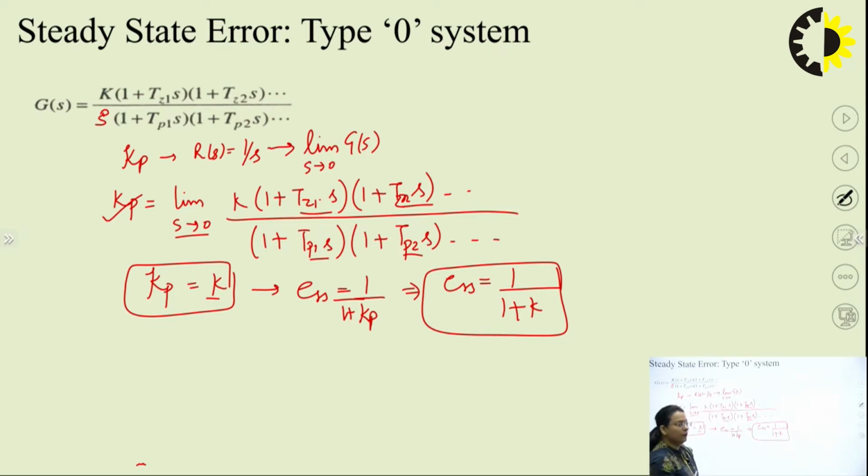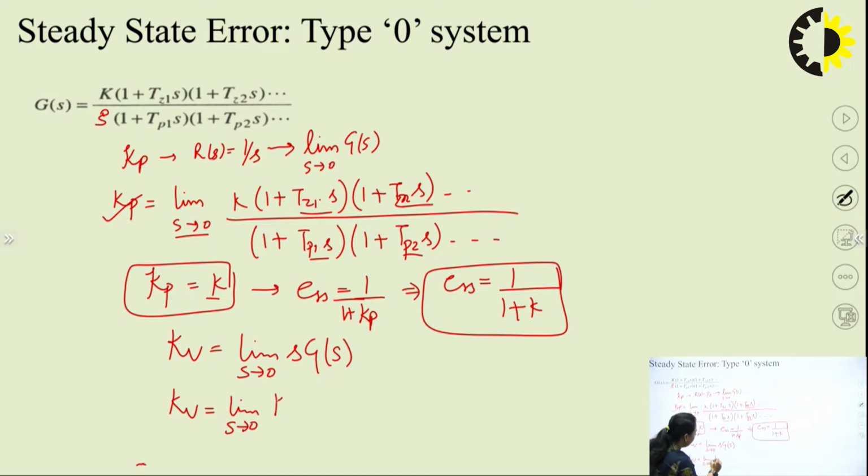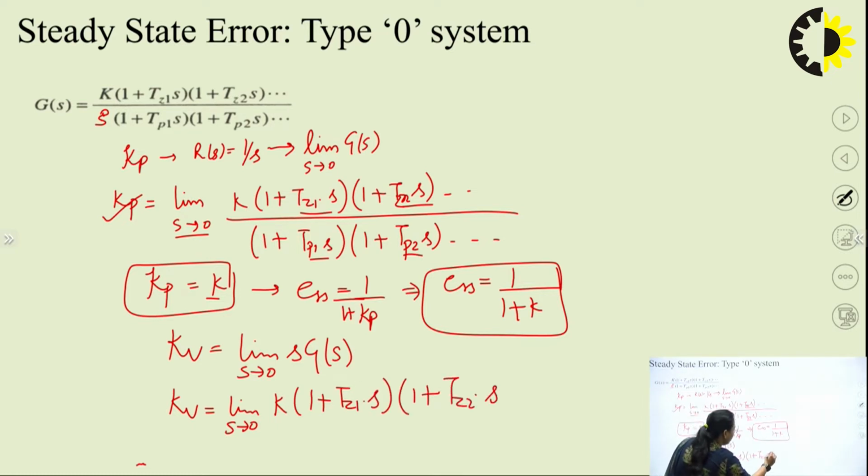Now if the unit ramp input is applied, we can find out the value of Kv, which is limit s tends to 0 of s into G(s). Now putting the value in this equation, limit s tends to 0, and the value of G(s) here is K into (1 plus Tz1 into s), (1 plus Tz2 into s), and so on, upon